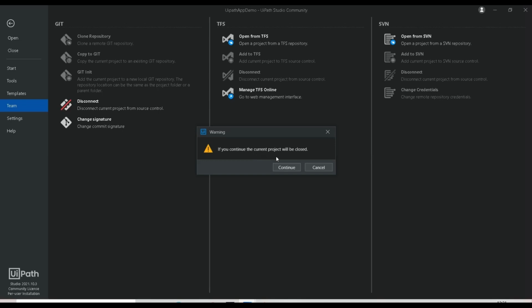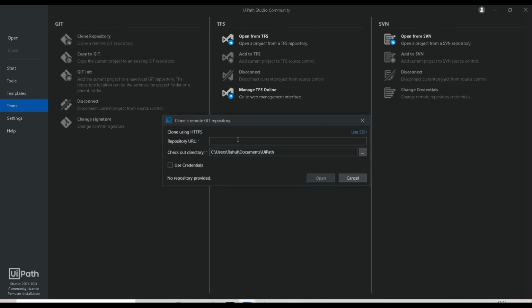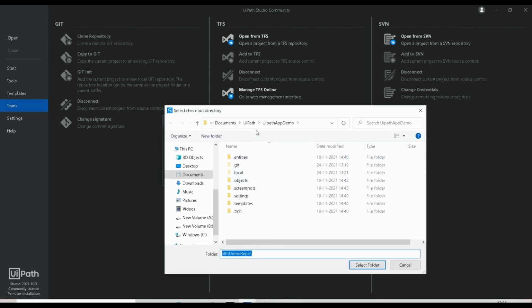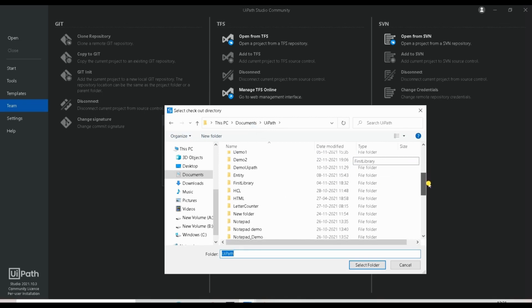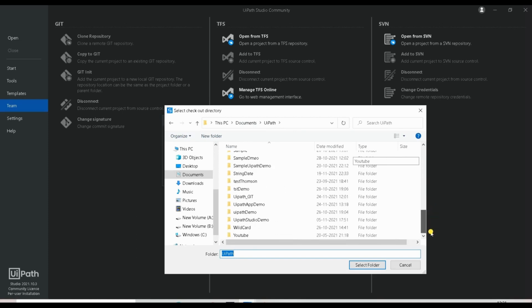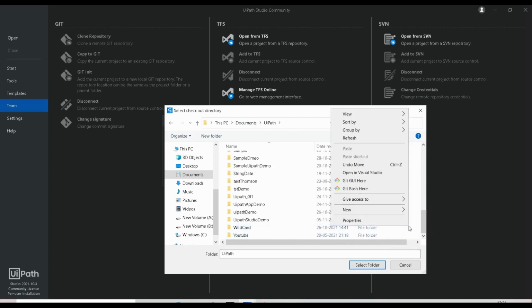So click on clone repository. If you continue the current, okay, no problem, continue. Okay, so what is the repository URL? I'm going to give the same repository URL. And where is the checkout directory? Okay, so I'm going to give some different directory. Let me put it like a UiPath and okay, let me create a new folder here.